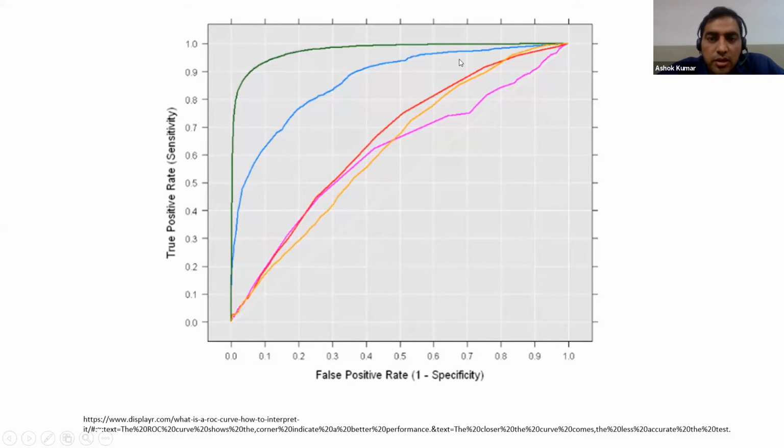Which is better? The green one is best, followed by purple, and the yellow is least. I think the green ROC curve might be around 0.7 to 0.8.